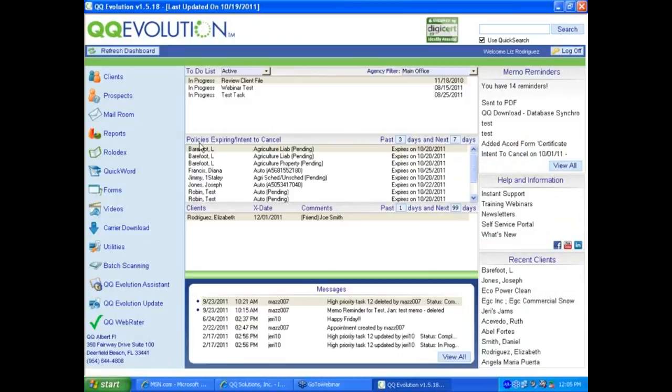In the middle of the dashboard is the policies that are expiring and that have intent to cancel. Now you can also view these by changing their date parameters. So if I want to see anything for the past 1 day